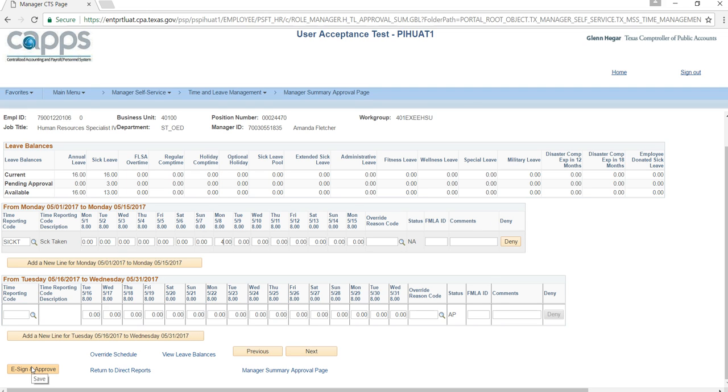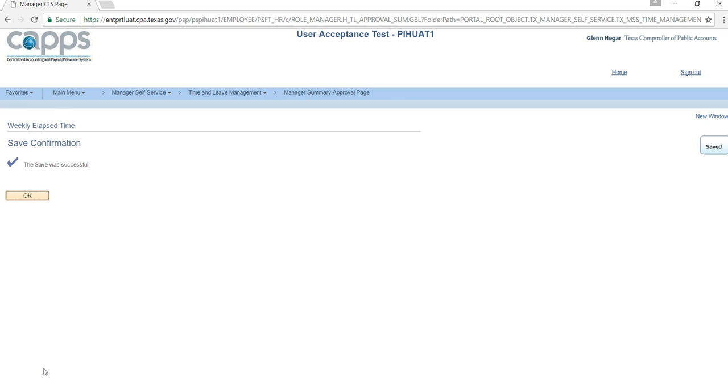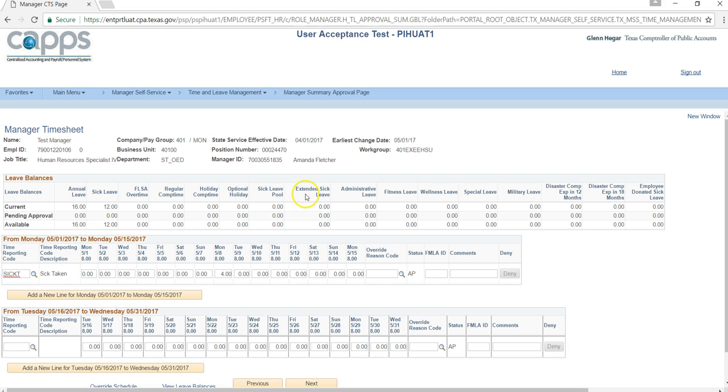Now I want to go ahead and approve the 4 hours of sick leave, so I'm going to select e-sign and approve. When you get the save confirmation, click OK, and you will return to the timesheet. Notice the status has changed to AP for approved. Also, the pending leave balance has been updated and shows 0, and 4 was deducted from the available and current